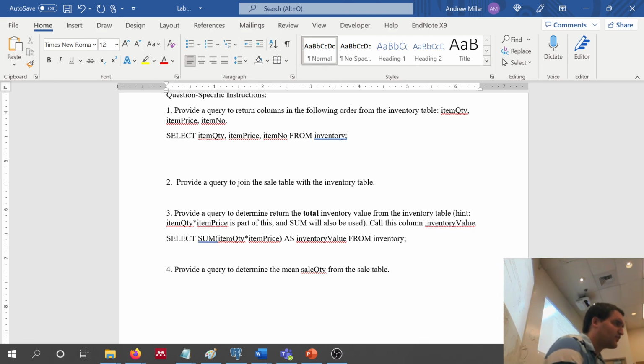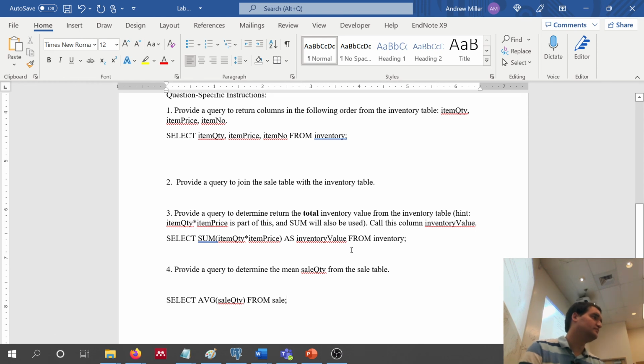All right, number 4, provide a query to determine the mean sale quantity from the sale table. Well, mean is going to be which aggregate function? It's going to be AVG. So we say select AVG sale quantity from sale. Okay. Is everyone with me so far?